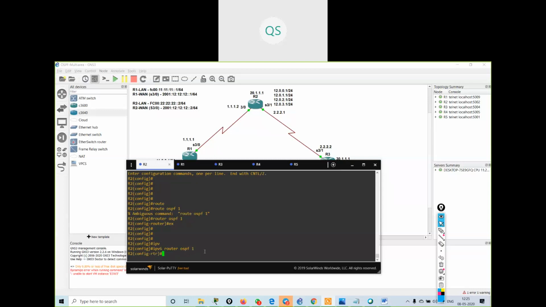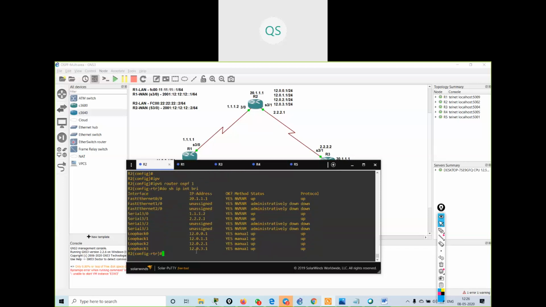Now over here, I have to give a router ID. I am on R2. If I do show ip interface brief for IPv4, whichever is my highest loopback IP address will be my router ID, and it will be my router ID for IPv6 also.